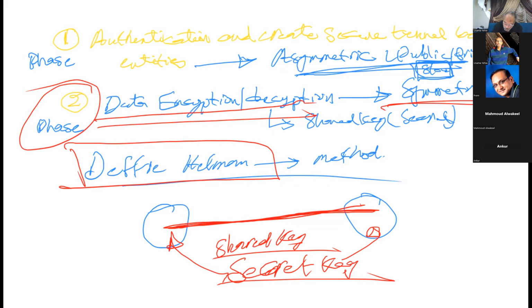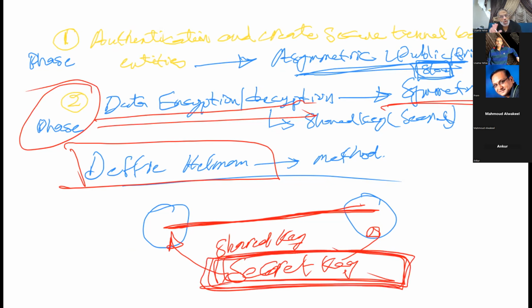When we share secrets, you have to think about two things. Secret keys may be the shared key, which I told you all of us must have for the encryption. Whatever data is encrypted with this key can be decrypted with it. This key can be with me and with someone else. Or in some situations, the secret key will be created by Diffie-Hellman. Both of them are okay.